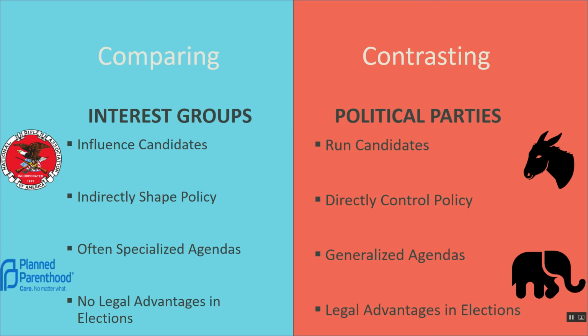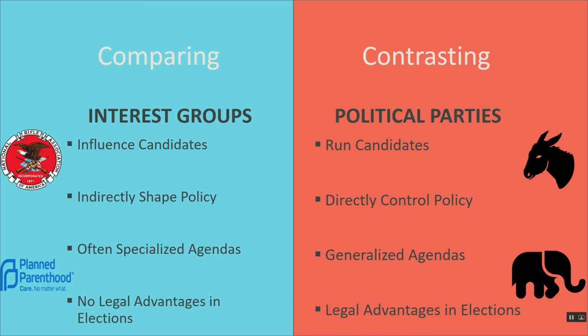For instance, in Oklahoma, if you win either the Republican or Democrat nomination as a candidate, your name automatically appears as an option that voters can choose on Election Day by checking the corresponding box on their ballot. Whereas if Planned Parenthood or the NRA decided to run a candidate, even after they had nominated their candidate, that candidate would then have to go out and get a whole bunch of signatures from registered voters in the state just to petition the government to add the candidate's name to the ballot so that the candidate can be an